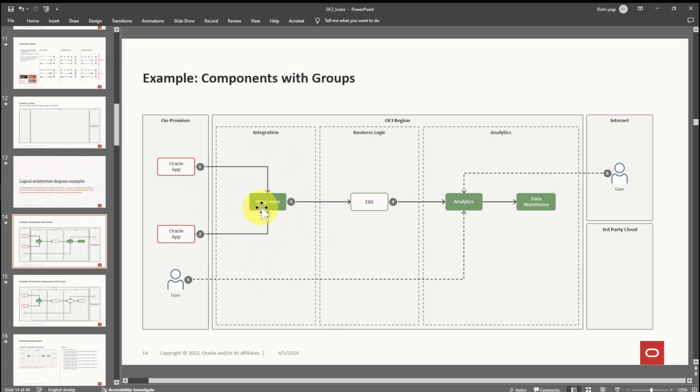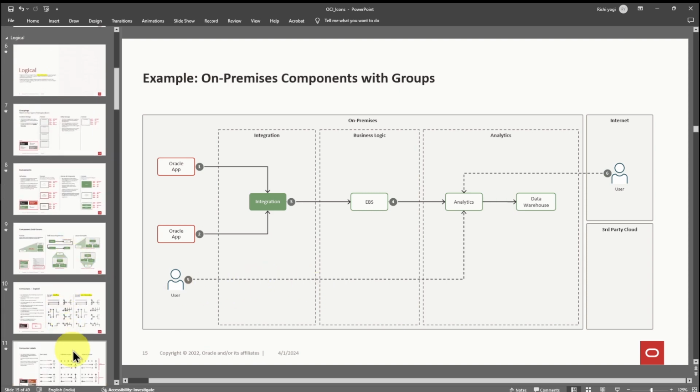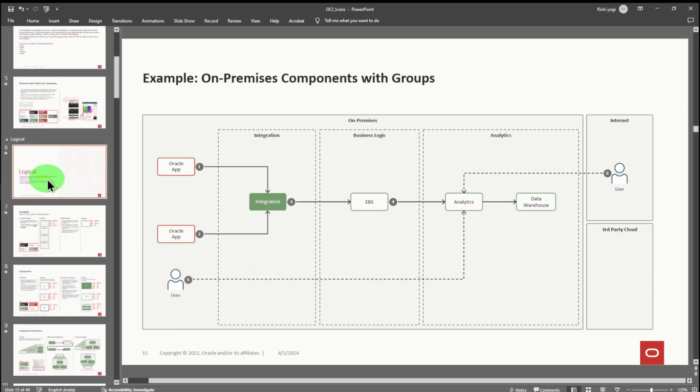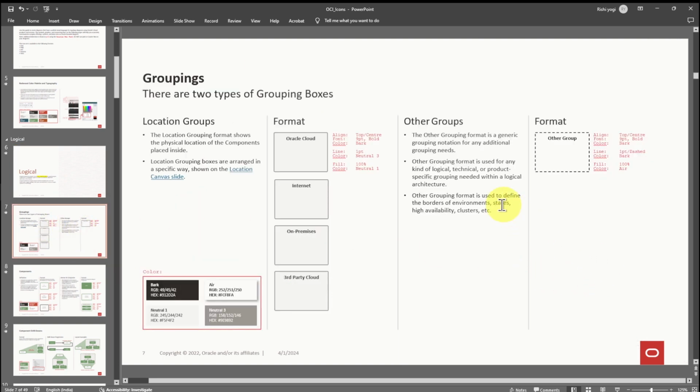Look here, they have said integration, analytics, data warehouse. They have just given general, wide terms. In general, if you are designing an architectural infrastructure diagram, this will be more in detail. So this is one example of a logical diagram. This is another example of this. So let us come back to these examples again. Now this is the logical diagram. So when you get into the logical diagram, they have given